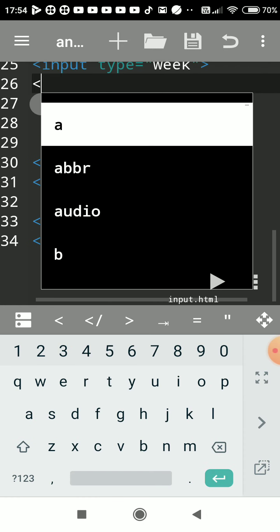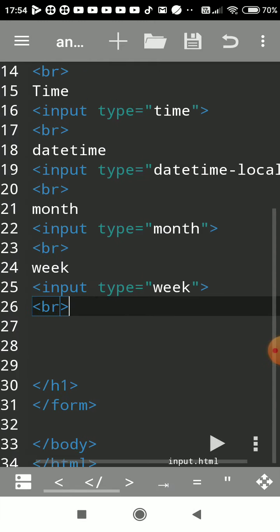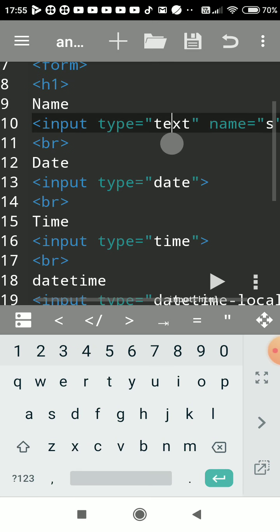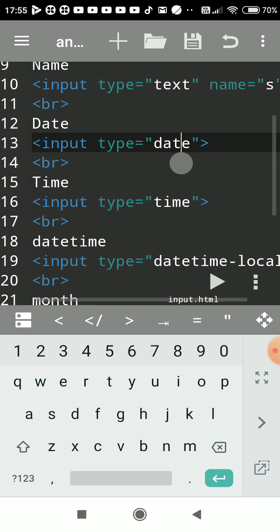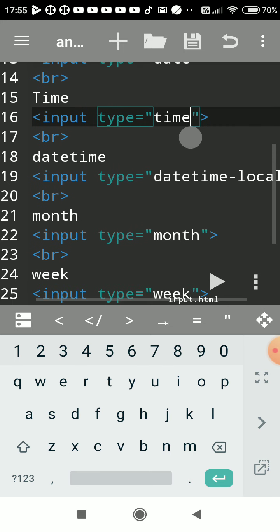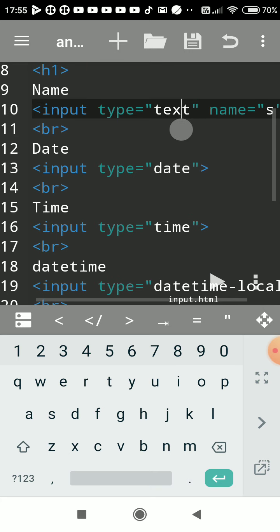Now next we'll see. So we had done with name for text control. This is used for only single line data. Many input restriction attributes are used, that we'll see in further practical. So we had created just controls, but extra options that are used for restriction or validation, that we'll see in another practical. So we had created text control. This is used for only single line text entry. It will not allow you multi-line. You can enter alphanumeric data also into it.